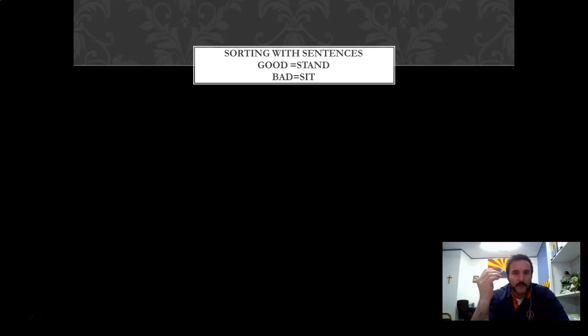Same with your paragraphs. If you have a paragraph that a topic sentence talks about playing baseball, guess what every supporting detail better be about in that paragraph? It better be about playing baseball. Now, it can be the different positions. It can be about the different rules. It can be about the different equipment you need. But when you're talking about a paragraph in baseball, you can't all of a sudden say, oh man, I really want to tell everybody how I went swimming at the lake last summer. Great, but don't put that in the paragraph about baseball.